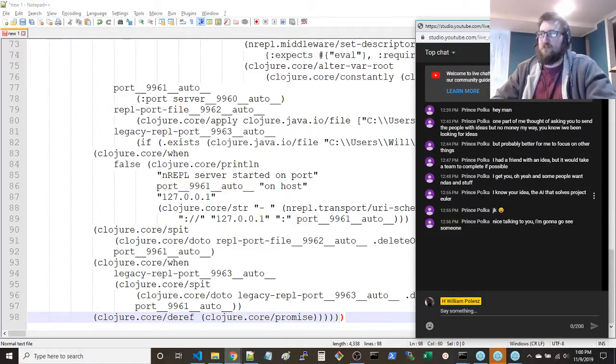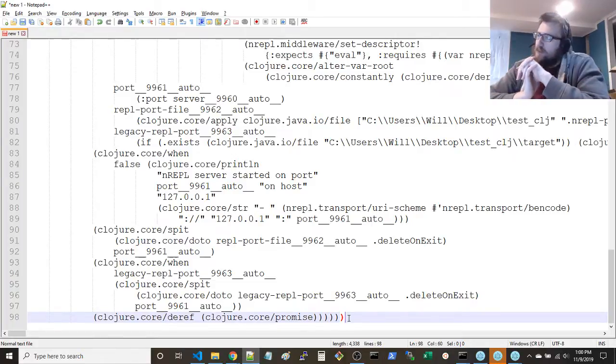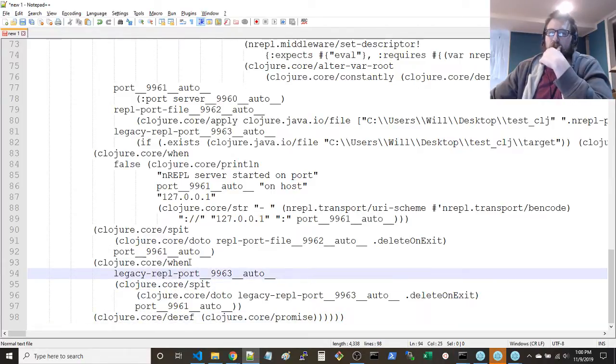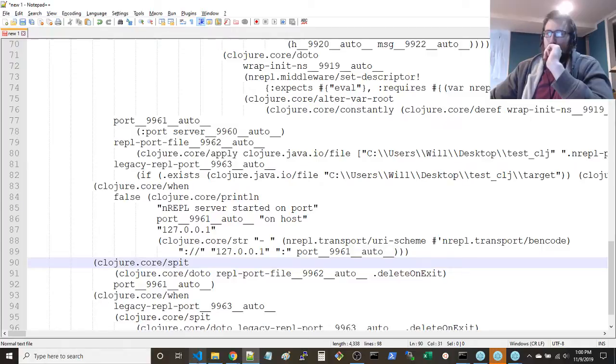But yeah, so all right, let me get back to this. Trying to debug why I can't get a proper REPL up here. I can get the older REPL up, the simpler REPL, whatever that means, but I can't get the legacy REPL, I guess. I can't get the proper REPL up, and I want to know why.